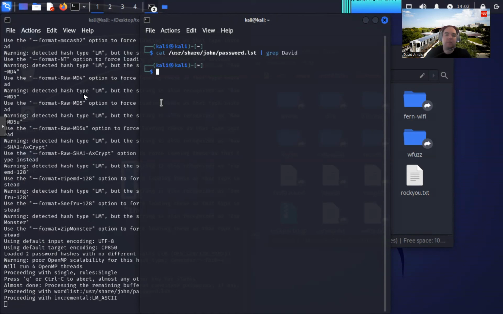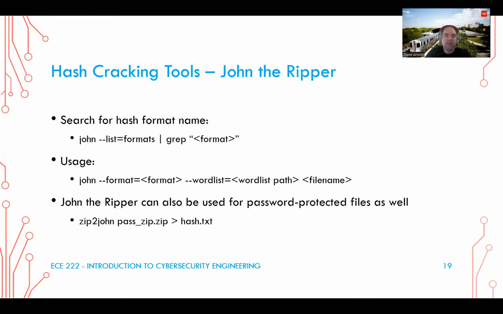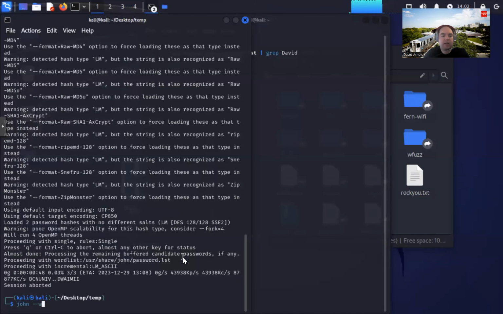Okay, David's not in there, so this will fail. So we don't want to try that. But let's see. Am I able to give -format -- wordlist? So we're going to go ahead and see if we can try --wordlist. So John --wordlist